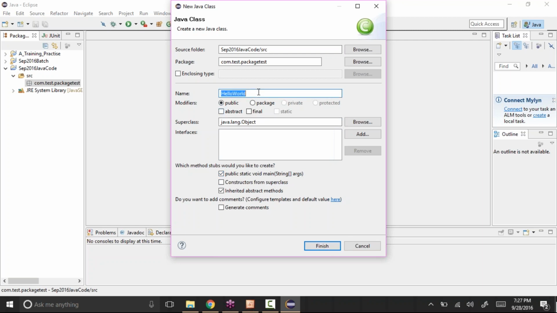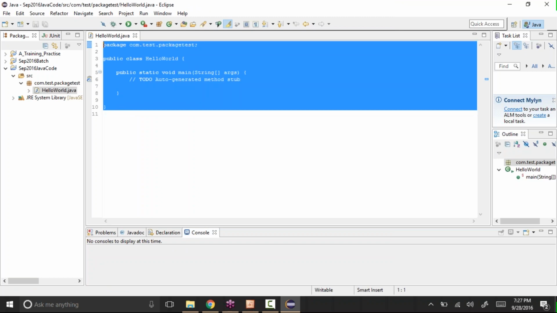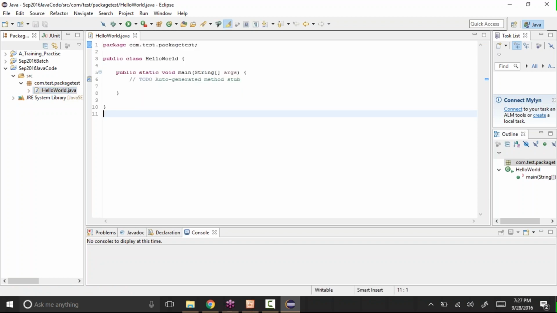So you need to give the name of the class and select this public static void main method. Click finish. See, it's going to create some code for us. And if you see the file name here, it says hello world.java. Whenever you create a class and give it some name, it creates the .java file with that class name.